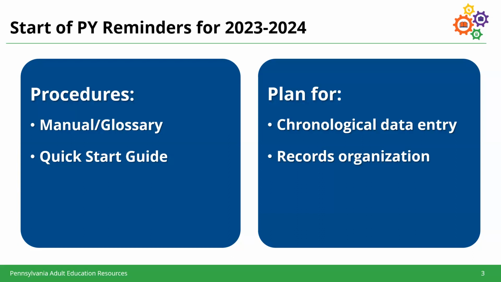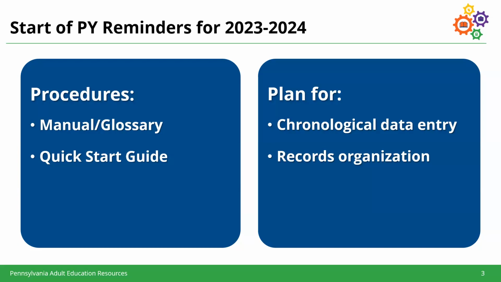What you can do to help with that and help organize your records is, in the past, we've suggested this and we'll continue to suggest it. Organize your records by month, starting, of course, with the beginning of the program year in July. There is an order also, in addition to a chronological consideration,